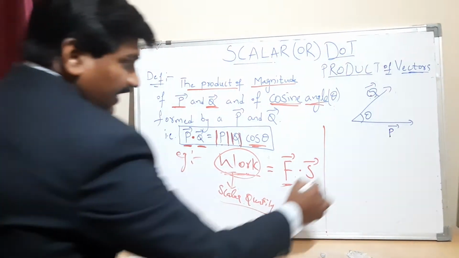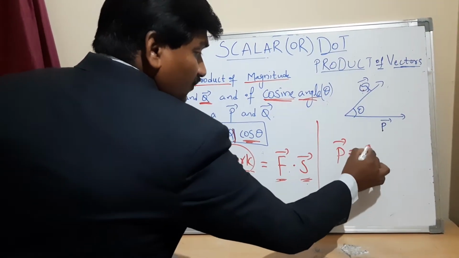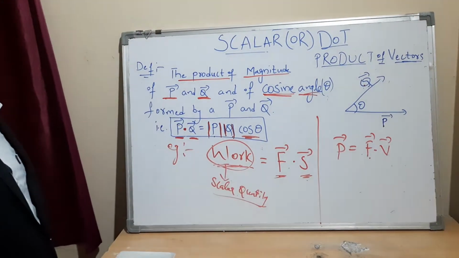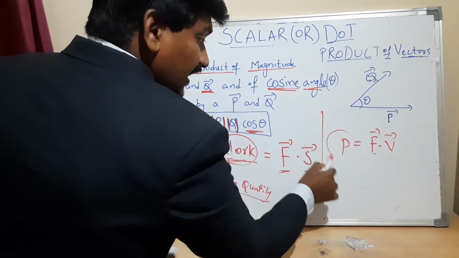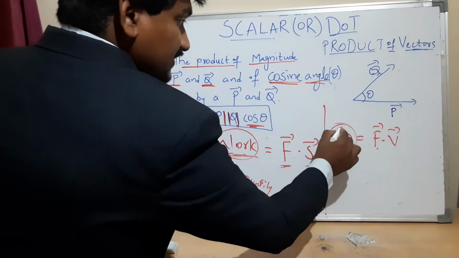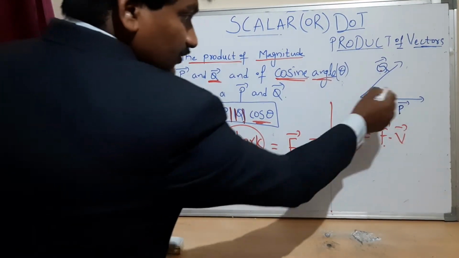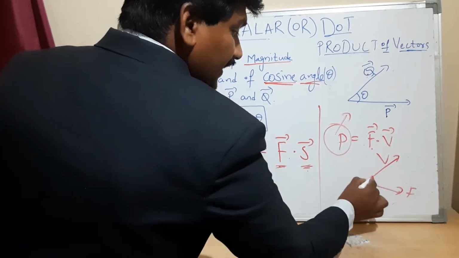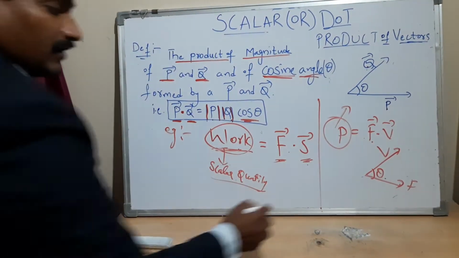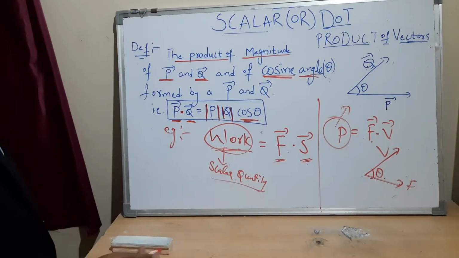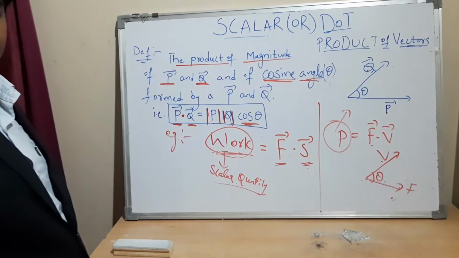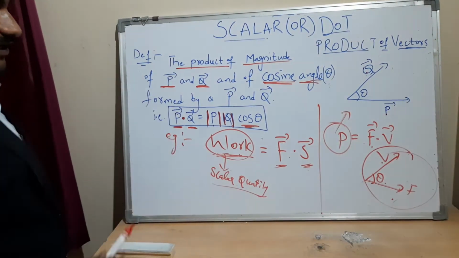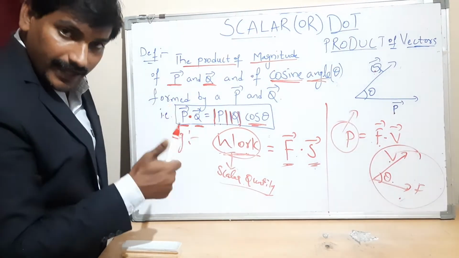In terms of power also, you have power P equal to force dot V. The product of force and velocity gives us a scalar quantity. So power is also a scalar quantity. Let me tell you here, two vectors: this is a vector force, this is a vector velocity of a particle. They are making an angle theta. The product of these two vectors, in either the force direction or the velocity direction, that is the product of any two vectors, which we call the dot product.